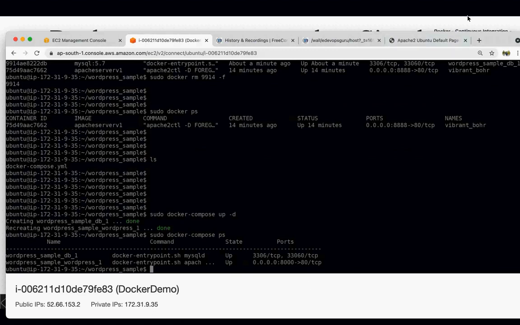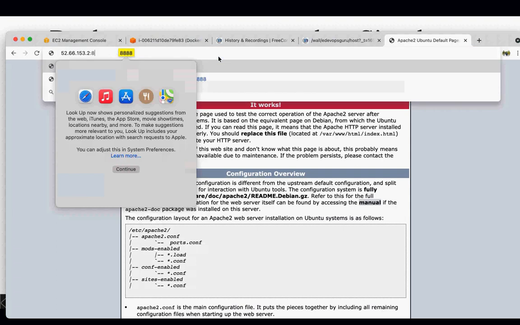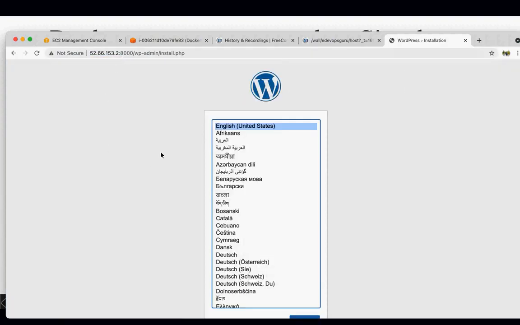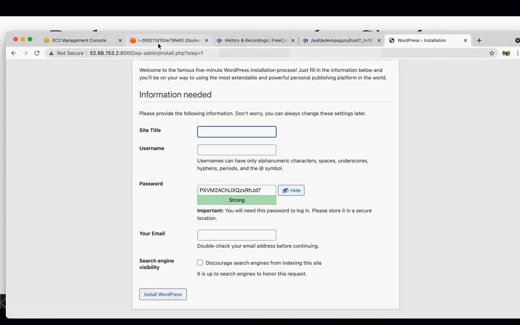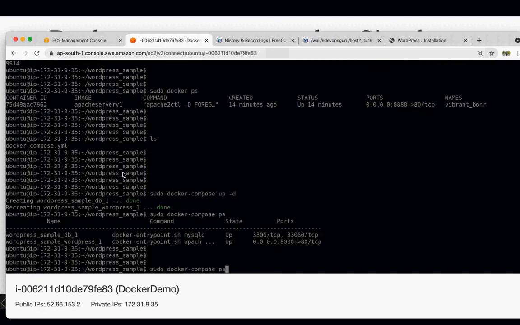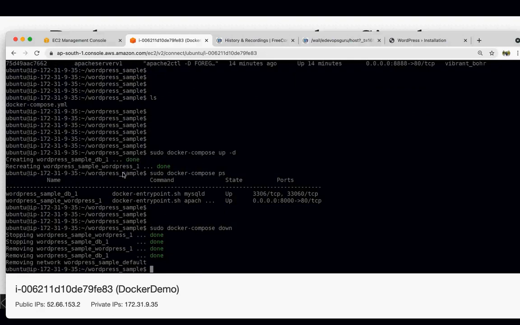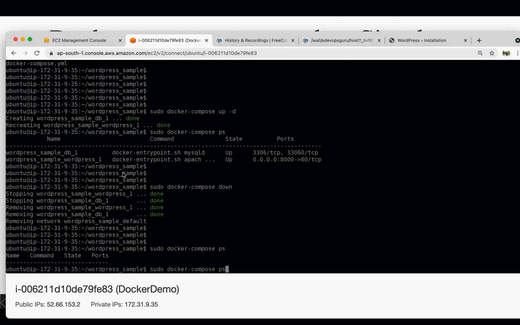If I just open and use this port itself, 8000, you see now this WordPress site is up. If you want to shut it down, you just have to write docker compose down. It will shut down everything. Now if I go and see the ps command, there is nothing up.